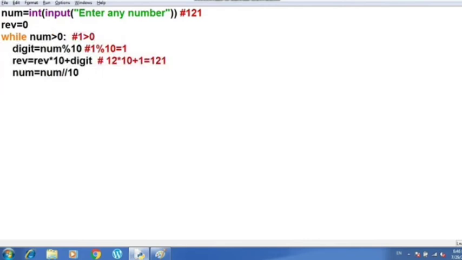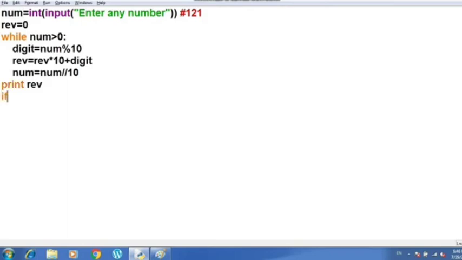So we are going to print the reverse number here. You can see that reverse is stored. Now the concept is that once the reverse is stored and printed, we need to check this reverse number with the original number, whether they are the same or not. If both are the same, then it is said to be a palindrome.